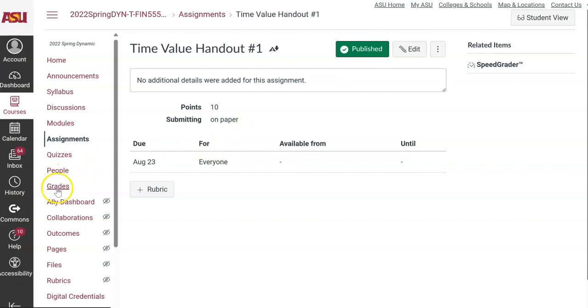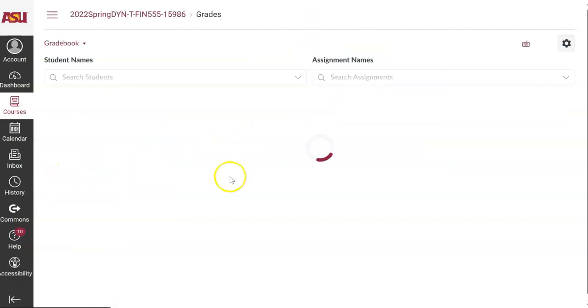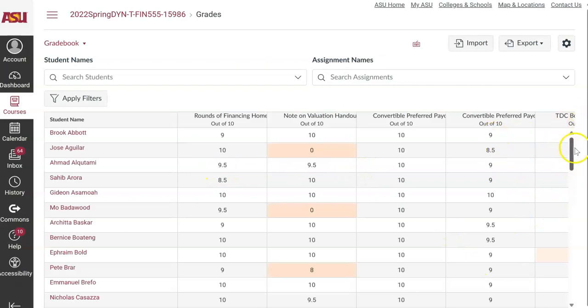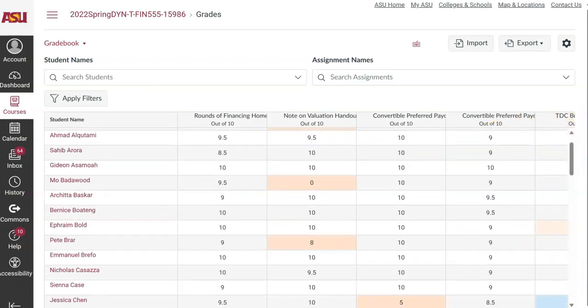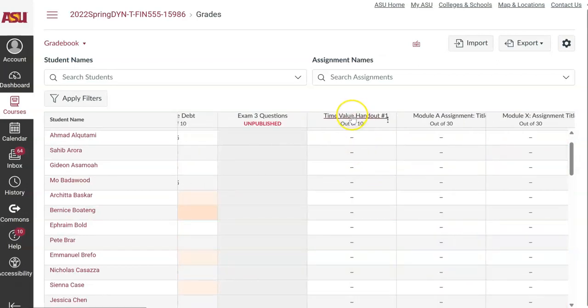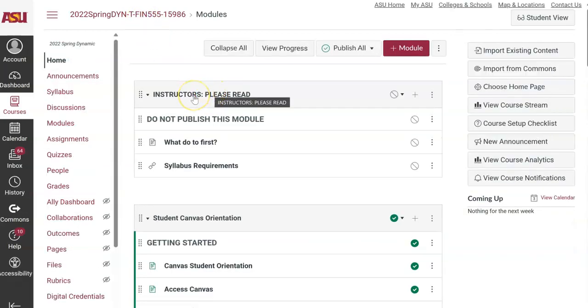Now when you go to the grade book, once it's published, somewhere in here, I've obviously got a lot of assignments in here, but somewhere in here would be that one. There it is right there, time value handout number 1, and you can put grades in here like that. Okay, and then one other thing you can do